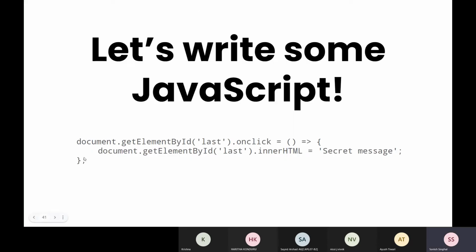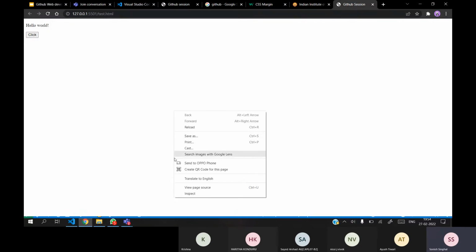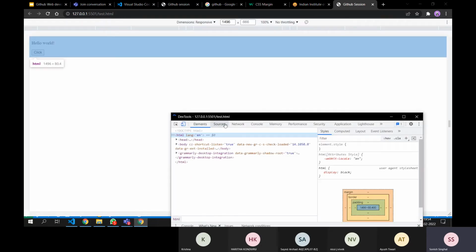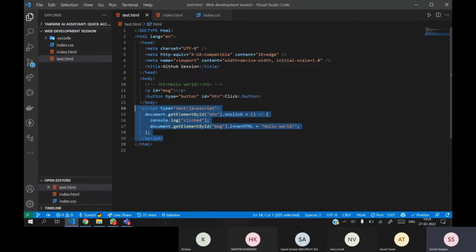We have written this code, and you can see that in JavaScript, we can add the ID, and on clicking that we can execute the function. I also need to show what console.log does. It will print that thing. Suppose I inspect, and inside the console it will print the click. When I click again, it will show me the click 2 times. So when I click it here, it will print the statement we have written here. This is how console.log works.